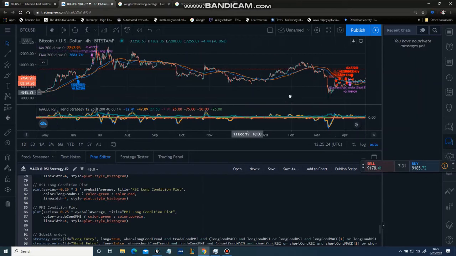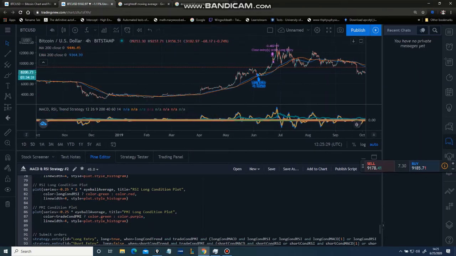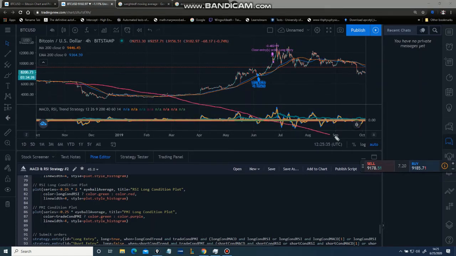Okay, so how can I identify different market cycles or conditions? Let's say the price is like this, and suddenly this happens. What happens after that? It could consolidate with noise or without noise, and then it could start an uptrend, or it could go down. It could do a lot of things, but when something breaks out of a pattern, you want to say, okay, this was one phase of the market, and now we're going to wait for the next